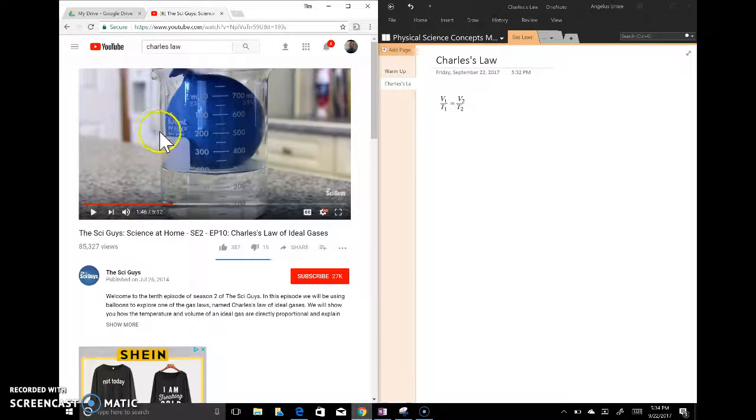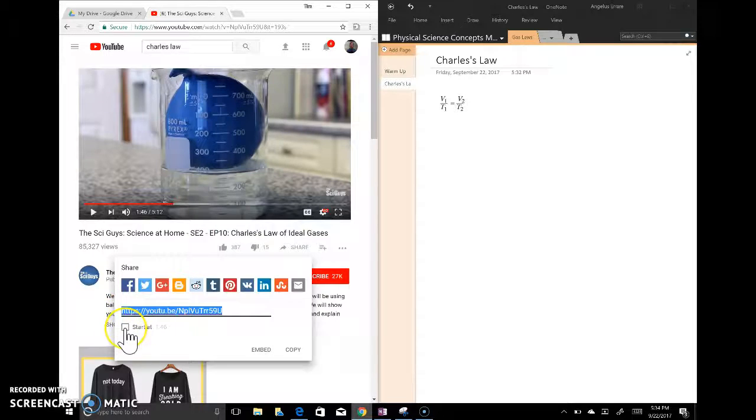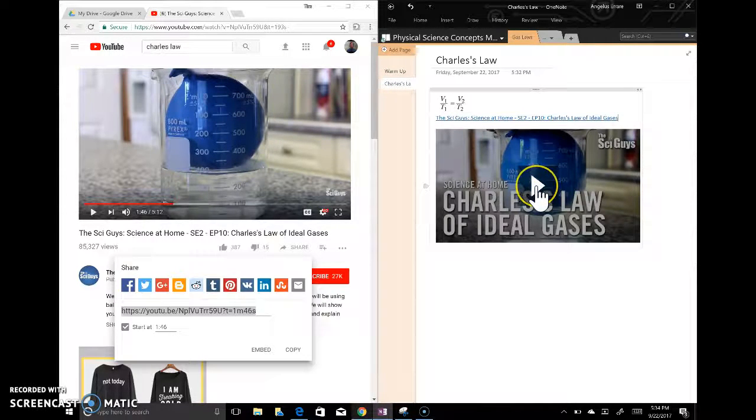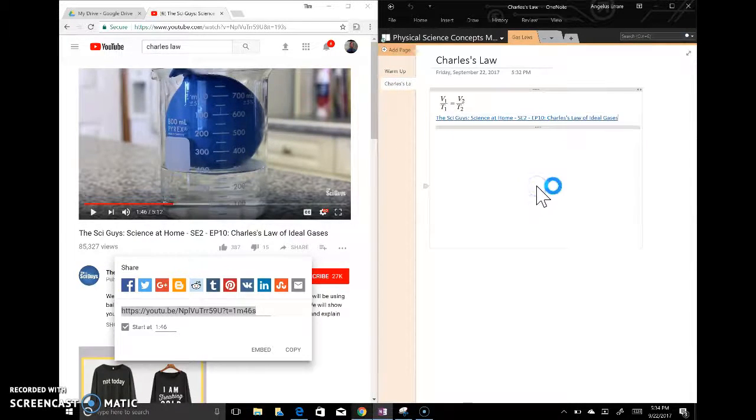There we go. So I want to show them that happening. So I'm going to scrub to where in the timeline it was happening, and I'm going to click share and start at. That's going to give me a link to start right there, and I'm going to press Control C to copy the link. And I'm going to click here and Control V to paste. And it's going to give me that video, and now when I click play,